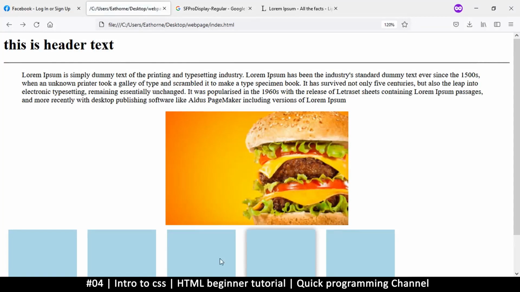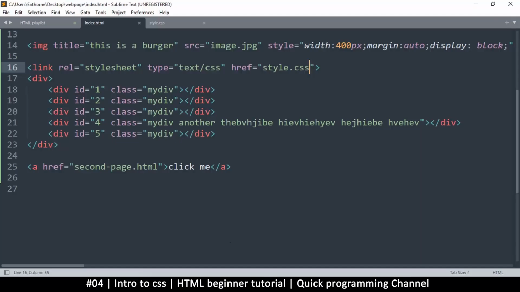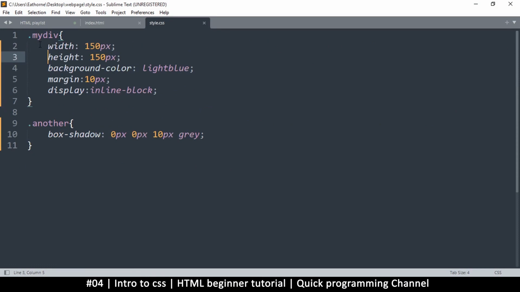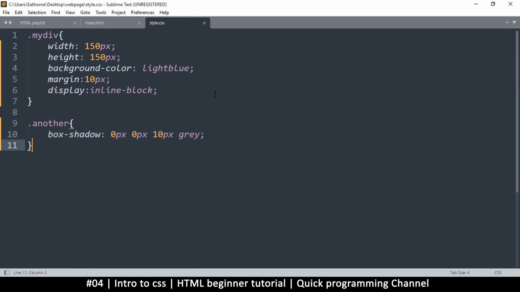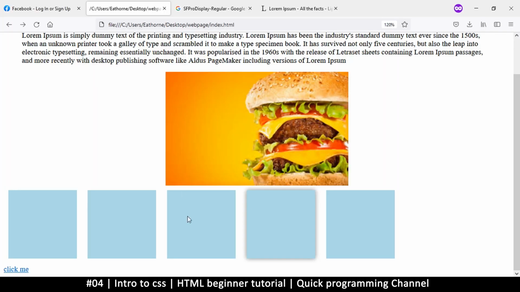And if I refresh, you see that everything is back to normal, although the styles are in a different file entirely. So I can continue adding classes here that I can come and use here on each element that I want as a class. Now beware that sometimes while you are testing, you find that you create some styles and then you go back to try and change things, and you try to refresh your page and find that things are not changing. Now the reason that could happen is the browsers, in order to save data, they cache these